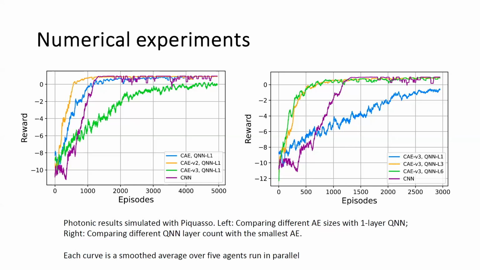And this is because reinforcement learning by nature is stochastic, and we want to verify that our method is good by running a number of agents in parallel with different random seeds. For the photonic simulations, we use GPUs because for the qubit version, it was slower on GPUs actually.